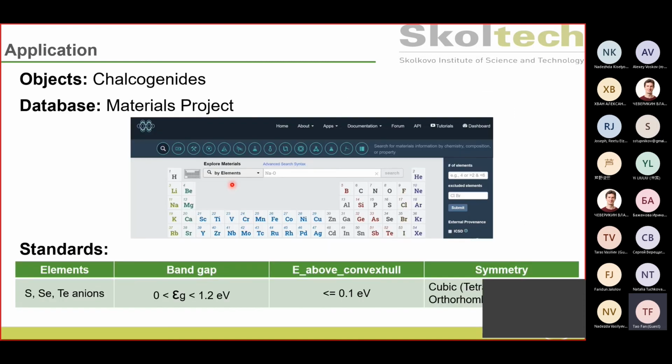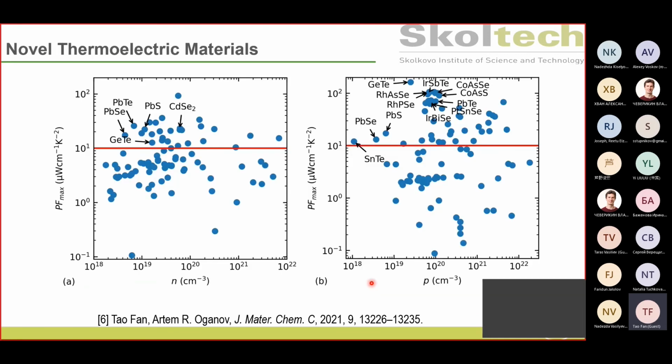And this page here, I just want to show you an example of using an icon to screen thermoelectric material. This is a project we are working on. The object is chalcogenide, mainly focused on chalcogenide thermoelectric materials. I extracted all structures from the Materials Project, and the selection standard is as follows. So based on the